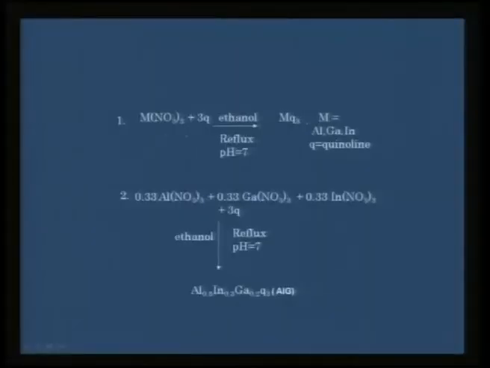How do we prepare such complexes? Individual complexes you can prepare by taking the nitrate and hydroxyquinoline. If you reflux this at an optimum condition, then you get aluminum Q3 or indium Q3 or gallium Q3. Now if you want to prepare a solid solution, you take these in stoichiometric proportion. If you reflux it, then you get this compound. As you see, although you take 0.3, 0.3, 0.3, in the net you seem to get only this sort of compound as a solid solution, which means this is the most preferred stoichiometry at which the solid solution can be stable.